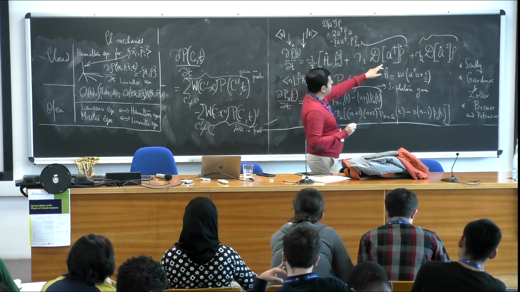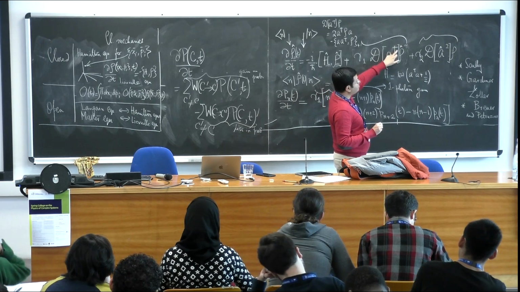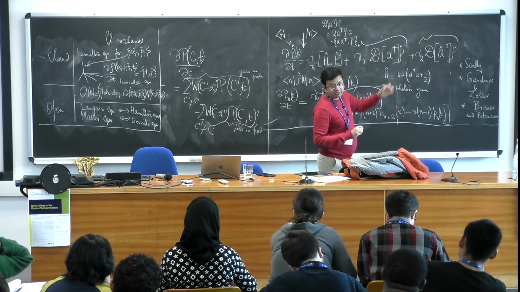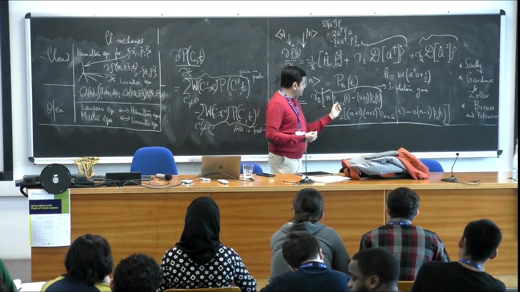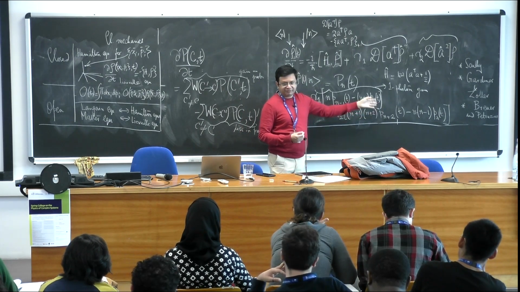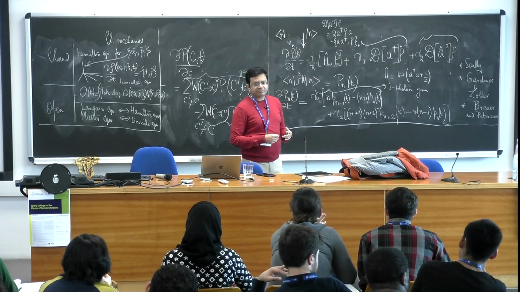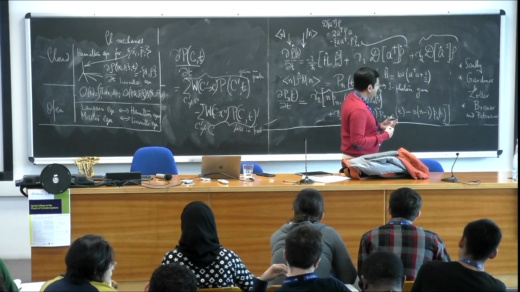I can make this one, instead of a dagger, I can make it a dagger to the power 56. This would mean that I absorb 56 photons. And then you will have a term n minus 56, n plus 56. This is just a specific interaction. The point that I want to